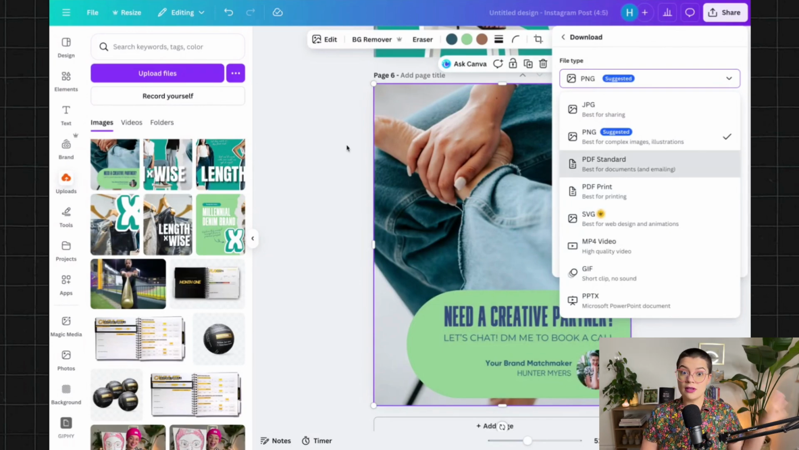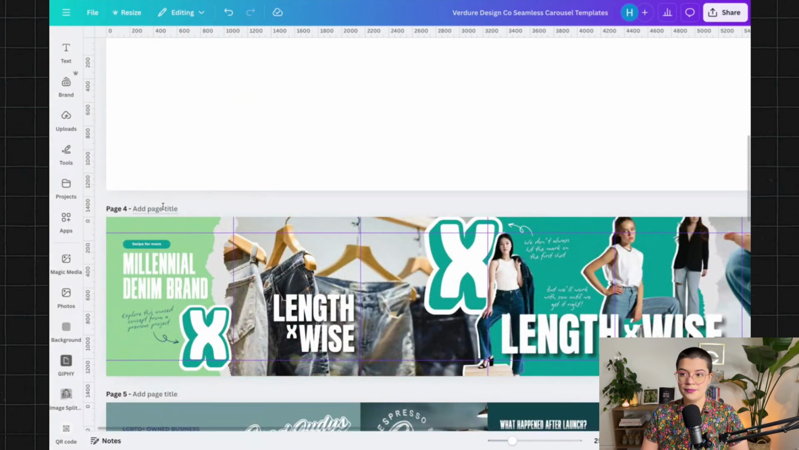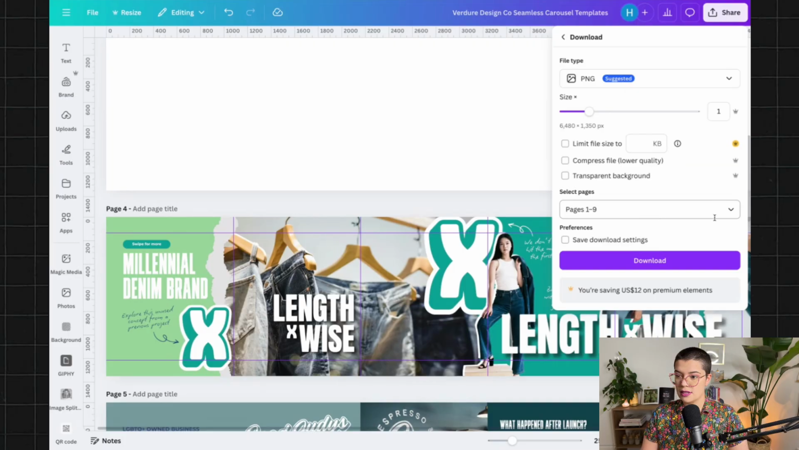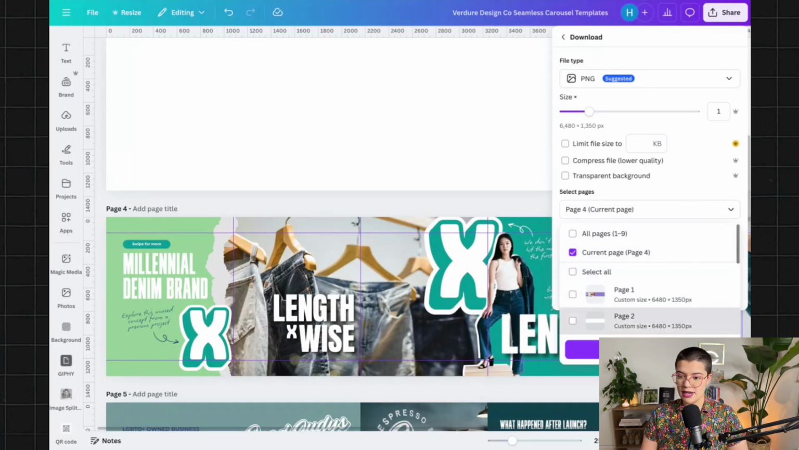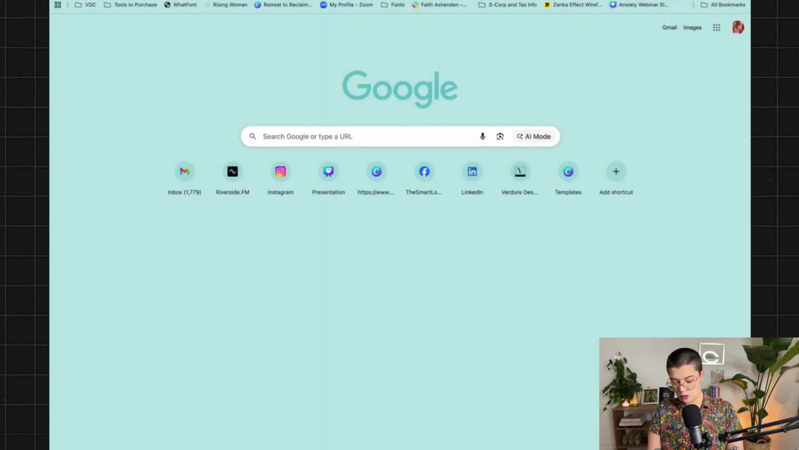So this was kind of the long way. If you're not worried about LinkedIn, then I recommend doing it this other way. We're going to go back to the seamless carousel. We are going to download our regular image. So share, we will go to download, do it as a PNG. I'm going to download page 4. And then we're going to go to a free